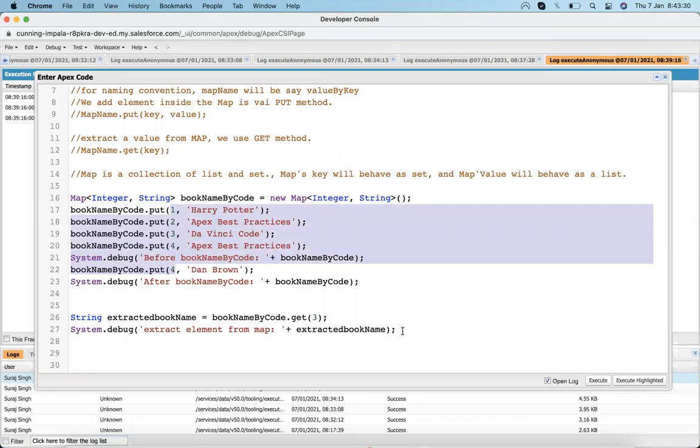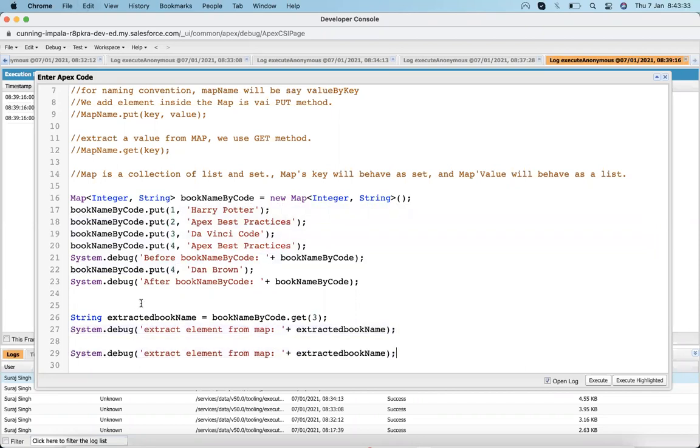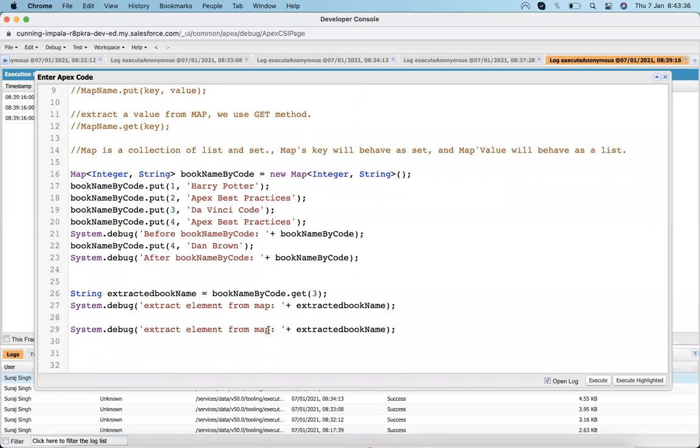What we have to do is write get all keys, our book name dot key set.